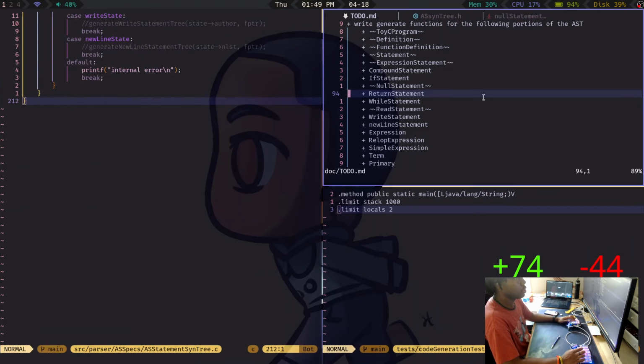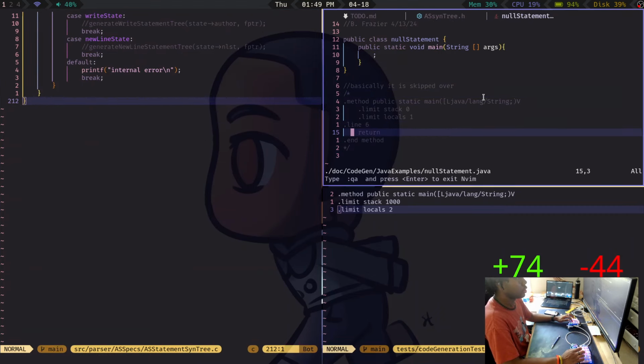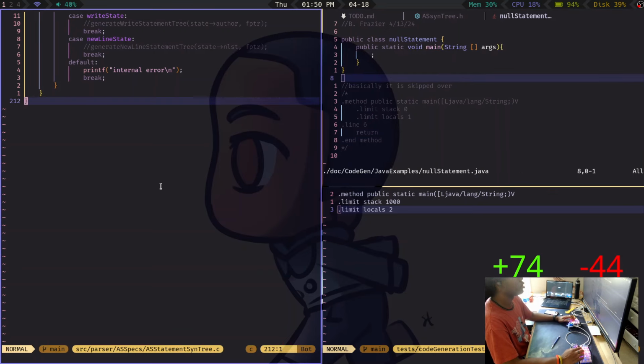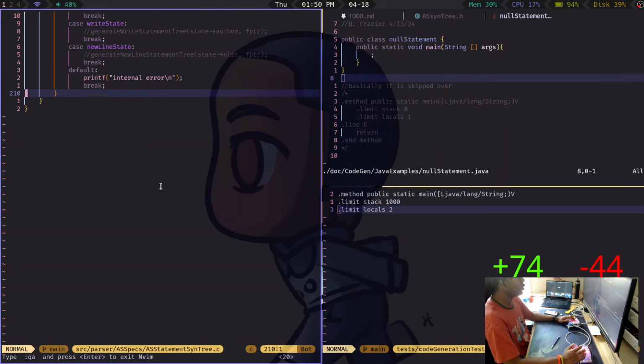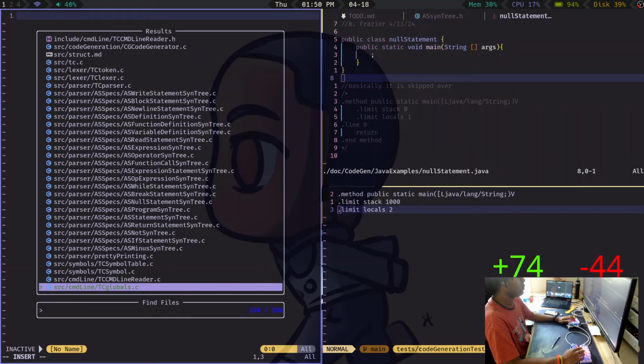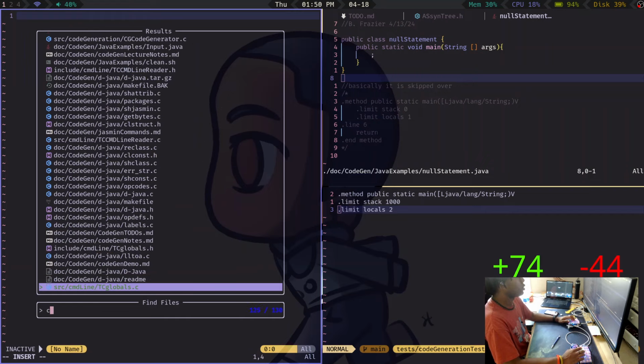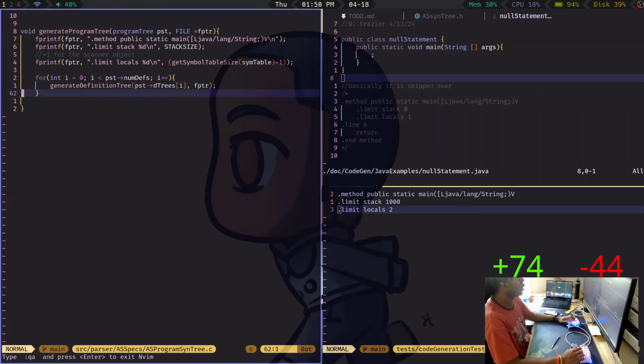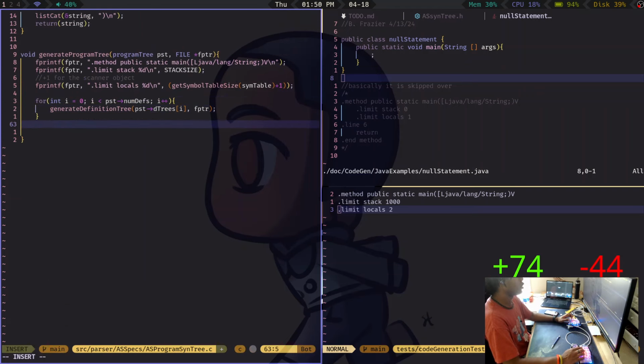We have to end this. Where is it? Yeah, we have to end the method and return out of this main function right here. It'll be program, and then when we generate program, we do all this.